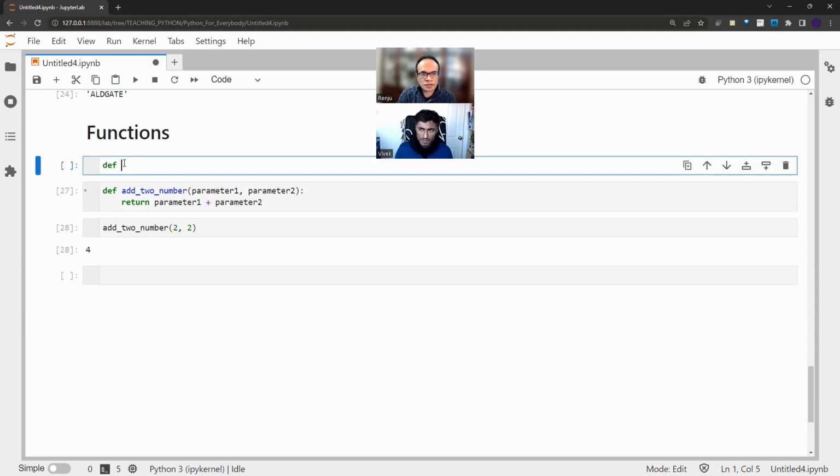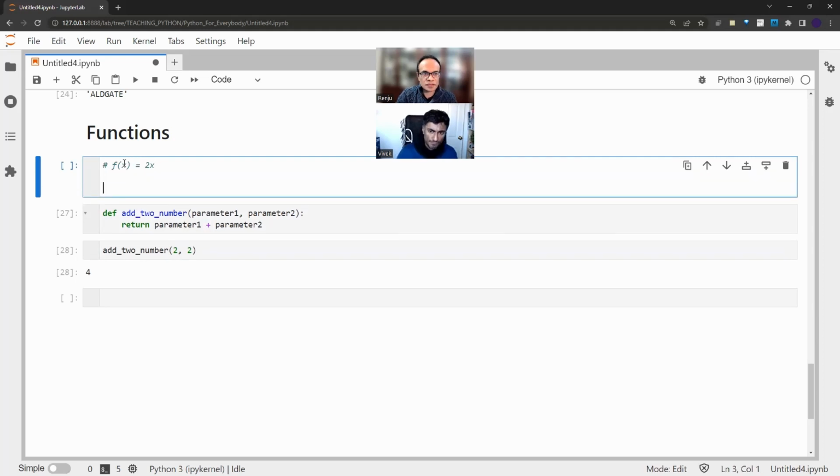What's a function? Let's start with the mathematical definition, right? You have a function that just takes an input and gives an output. So in maths, it would be something like f, the function f takes in the variable x and returns 2 times x. Yeah. Yep. So if we were to do that in Python, we'd say define,